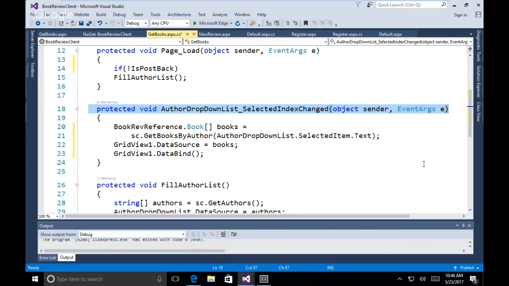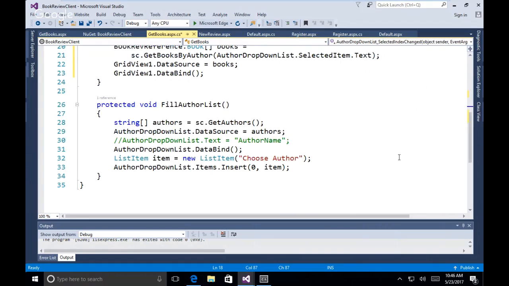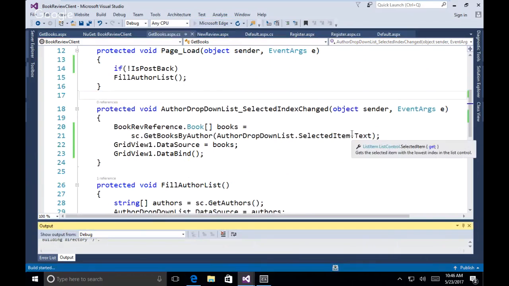That's why I put up here an item that says choose author, and I get the 0 index. So you always have to go past it to choose something, because otherwise there's no change in the index. If you were just to choose the first one, it wouldn't work. Let's see if this works, and then I will post it, and we will be